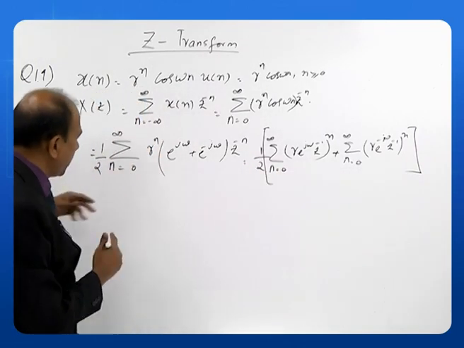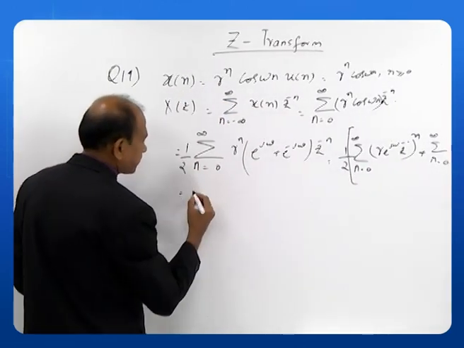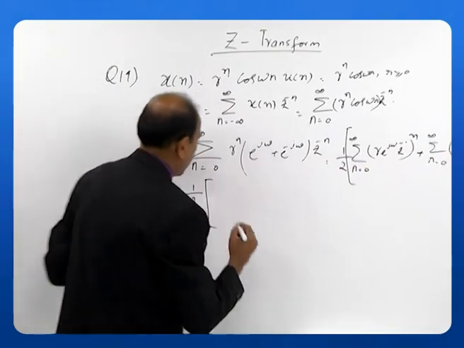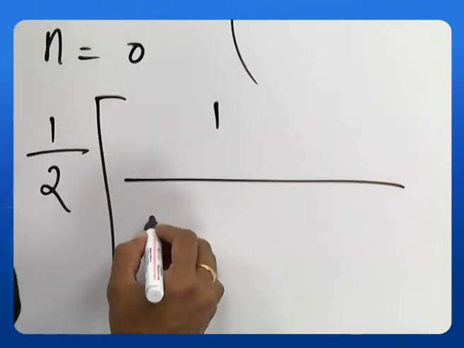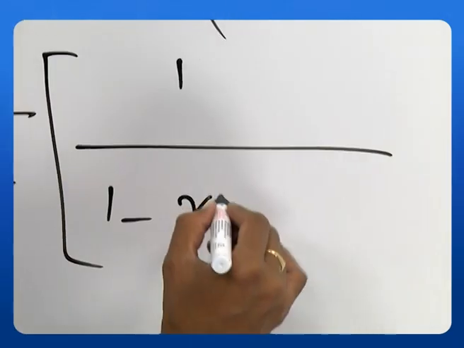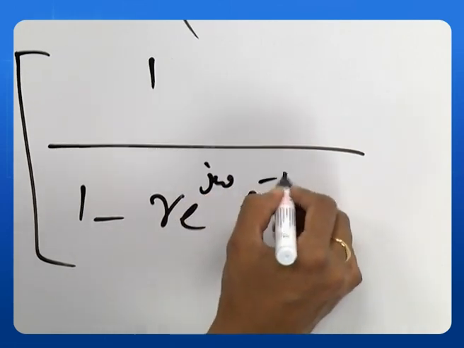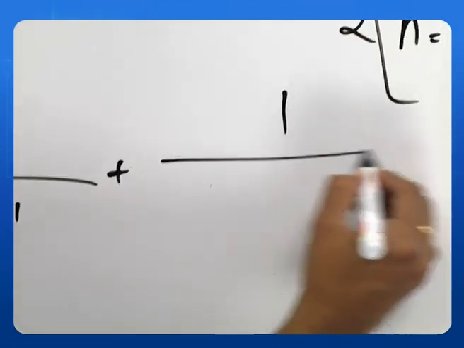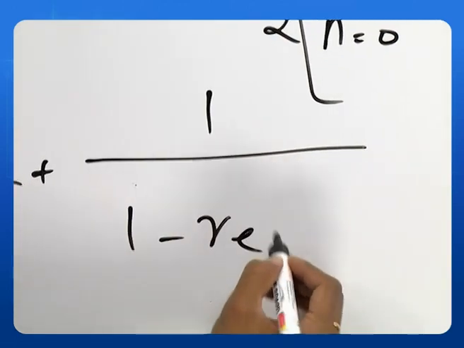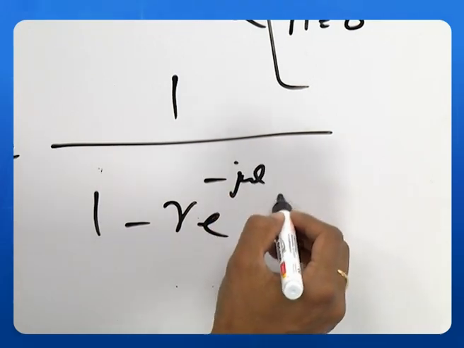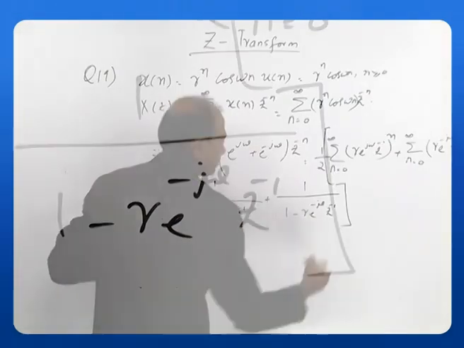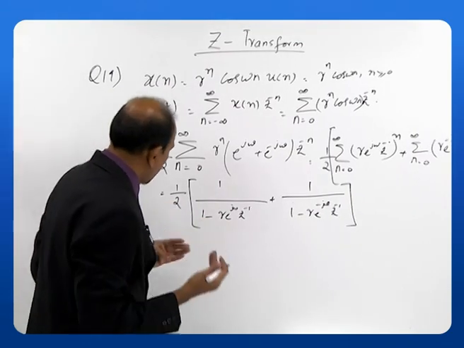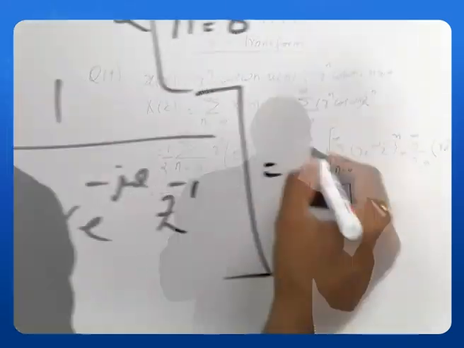Now, let us write down here. I can write this as half of, the summation will be equal to 1 by (1 minus r e to the power of j omega z to the power of minus 1) plus 1 by (1 minus r e to the power of minus j omega z to the power of minus 1). Now we have to add these two. So, let us do this addition here. I can write this as half of